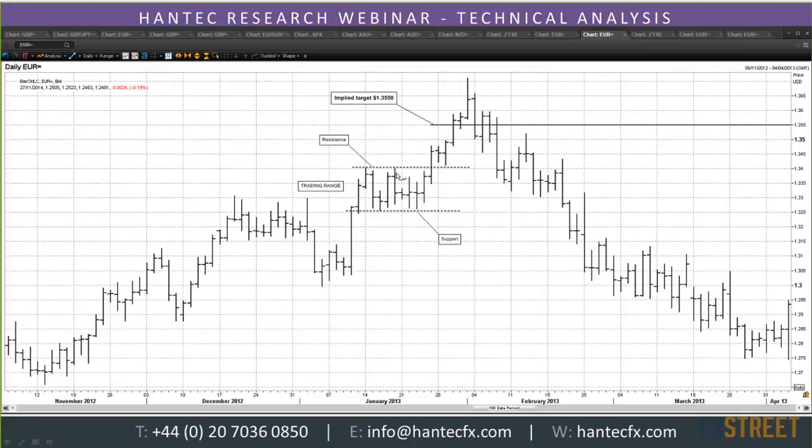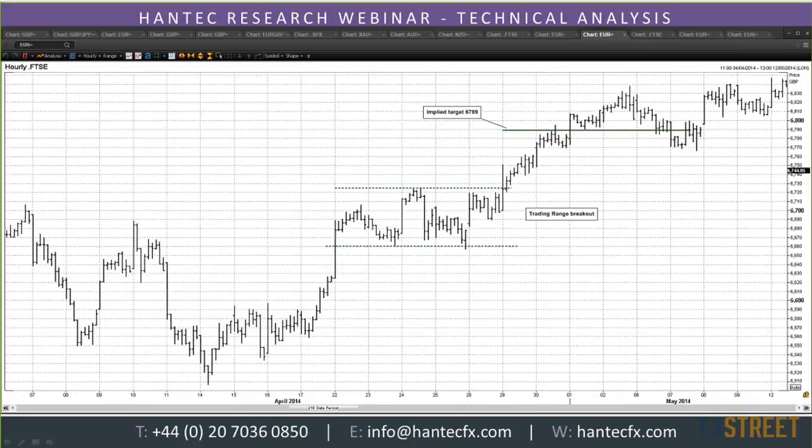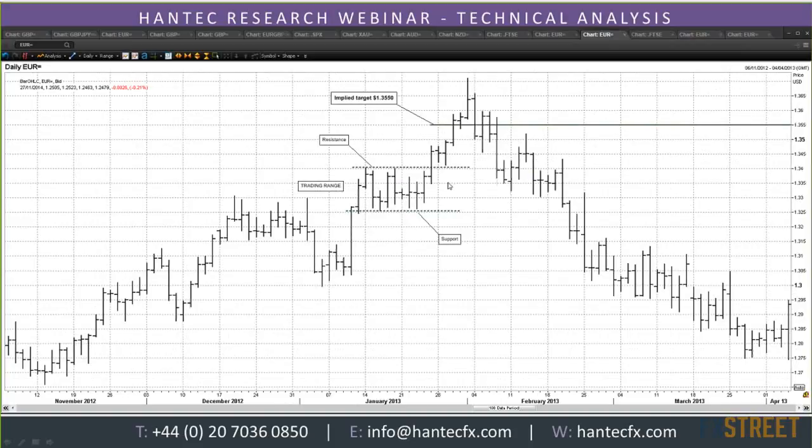And you subsequently get this sort of consolidation pattern, and then a breakout above that. Did you get a pullback? Yes, you did on this one. You got a pullback to that breakout. Sorry, I didn't notice that on this one. 34.13 back to there, and your absolute resistance was 34.03. So within 10 pips of that breakout support, you had your pullback, and then you suddenly started to trade higher